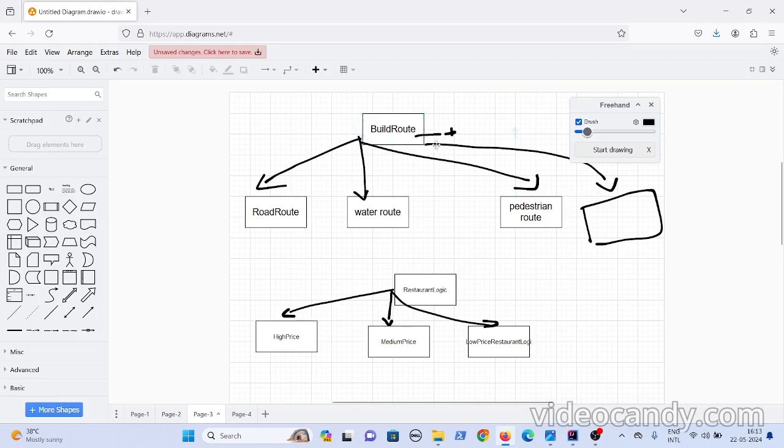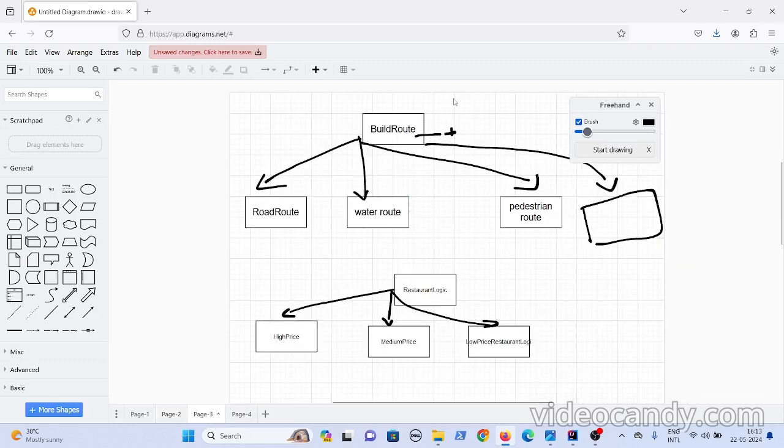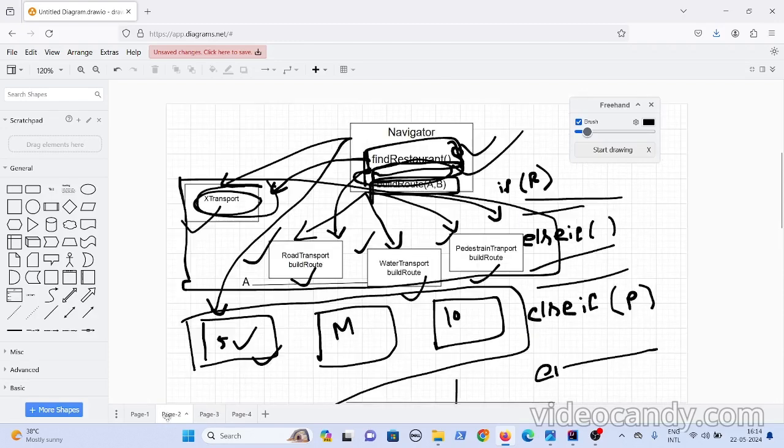Not only the navigator, even restaurants can use some build route logic, because this behavior is not specific to the navigator. This is the behavior of the navigator, but it can be used by some other class as well. The class could not be extensible whenever there is a new behavior.